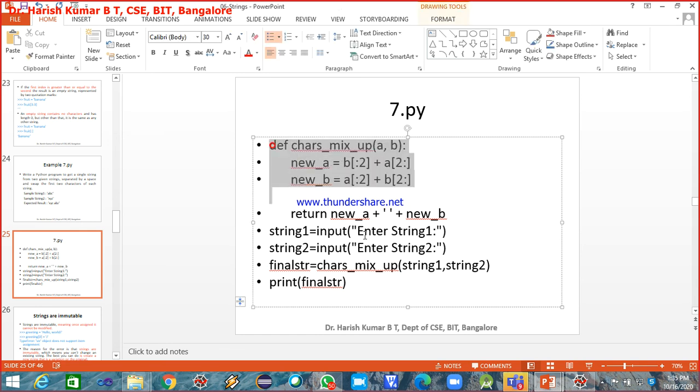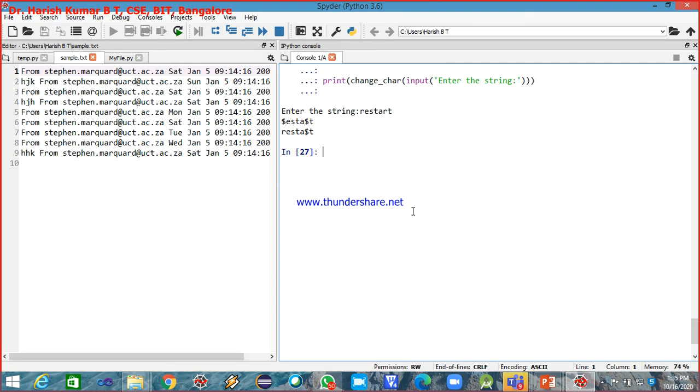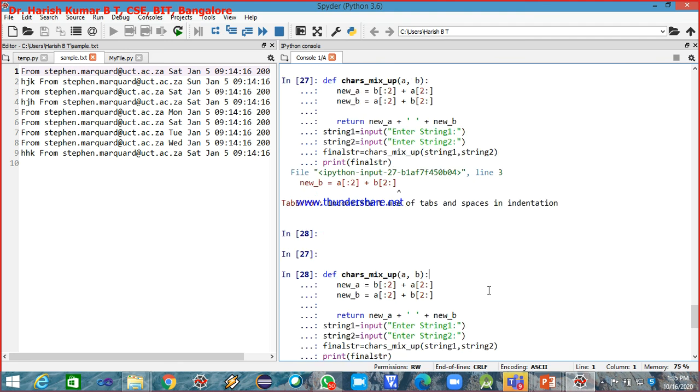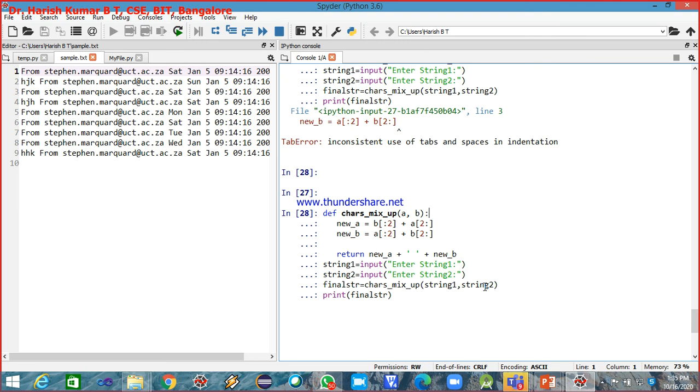Let me execute this quickly. Inconsistent use of tabs. This has to be outside. Okay, this is correct.